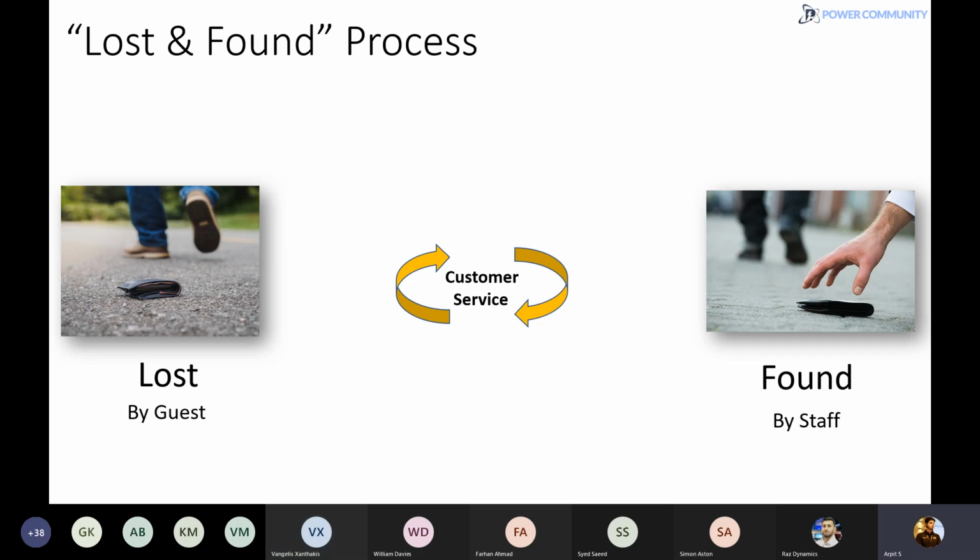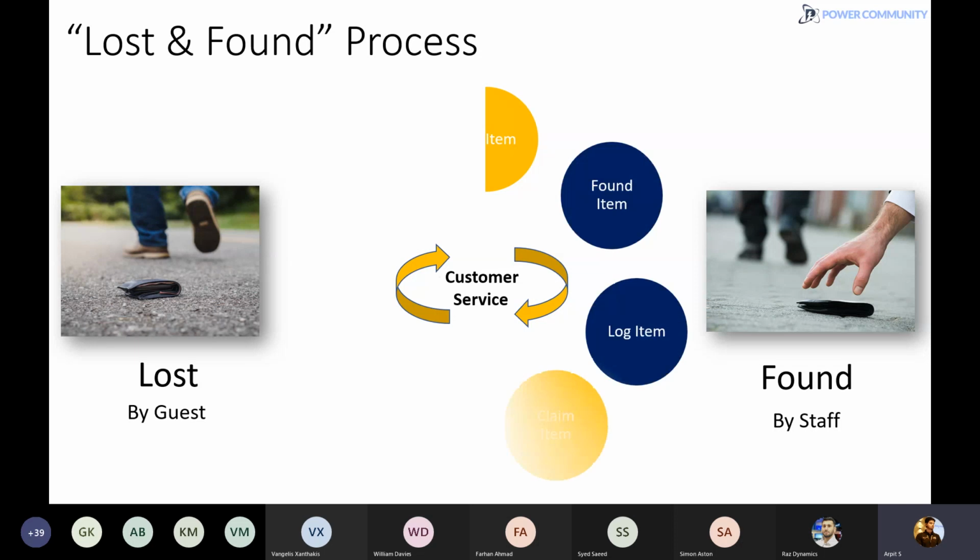Okay. All right. The lost and found process is quite a well-known process, where someone has lost their items, maybe in the hotel or in the restaurant or in public places, and someone found that particular item. Okay, so lost and found is basically that process. Now, how we effectively provide the lost item to the concerned person, that process is called the lost and found process. Okay, so in this demo, we're going to discuss how effectively we can use the Power Platform components and the Dynamics 365 components in order to provide the service for lost items.